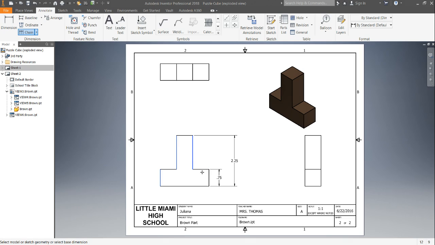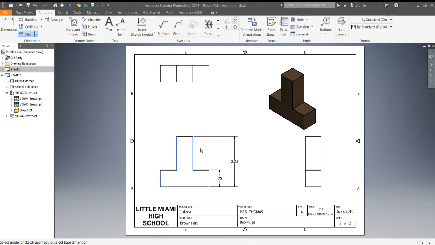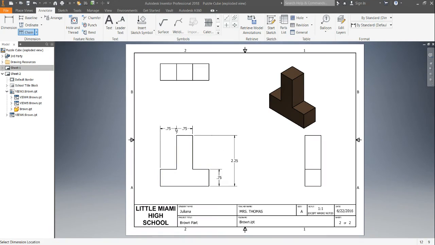Again, I cannot go all the way through. After I select it, I right click, there you go, and click on continue. And look how nice it looks. I can place it, that's it, my chain dimension. And then, oh, I forgot to hit enter. Chain dimension is a little bit